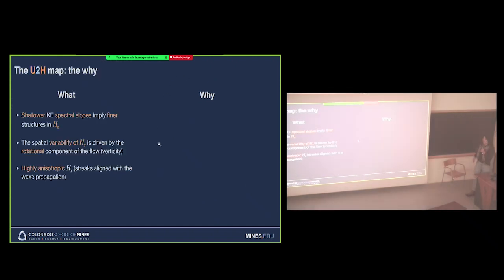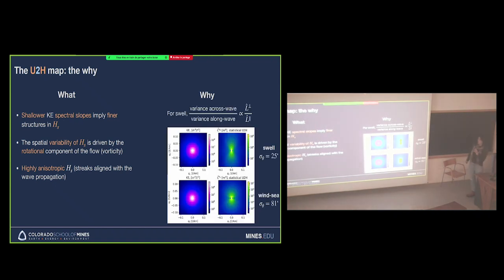All right, and finally we have this anisotropy, which is really interesting. To look at that, we note, and again, you can see the details in the paper just for the sake of time, that the variance in the cross wave direction divided by the variance in the along wave direction is proportional to the ratio between L_perp and L_parallel. And remember, L_perp is always larger than L_parallel, and the minimum of this ratio is 4. So the minimum that L_perp can be is 4 times larger than L_parallel, so it's always much larger,